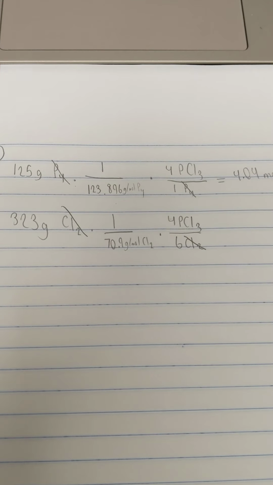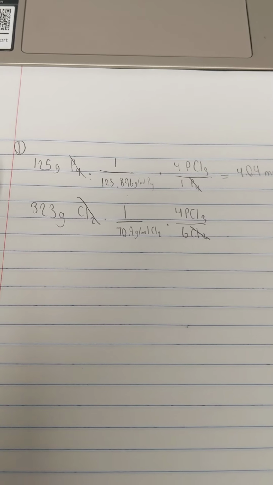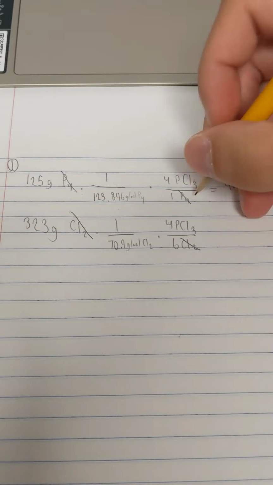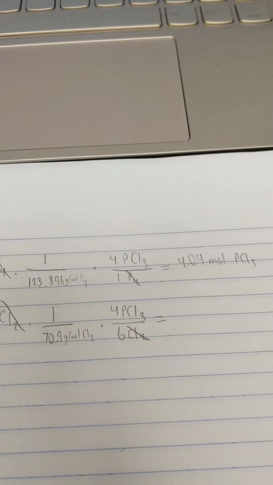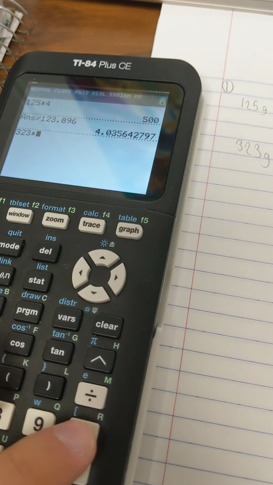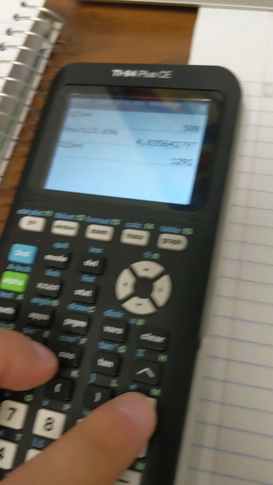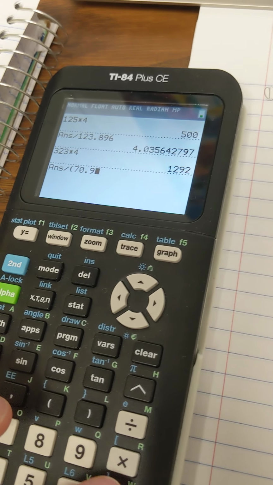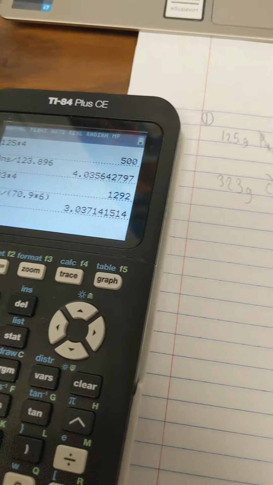No matter what you do, you have to do the mole-to-mole conversion if you're going from one compound to the other, because ratios matter. And then that will equal, let's see, 323 times 4 divided by 70.9 times 6, which gets us